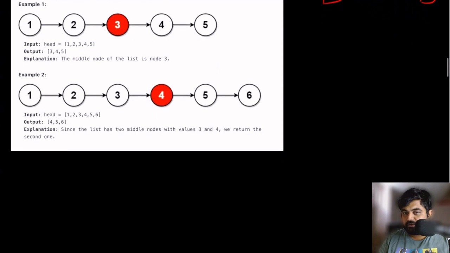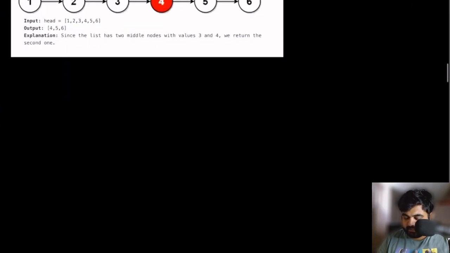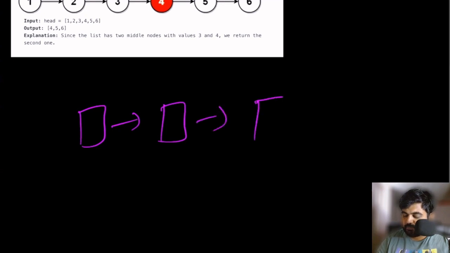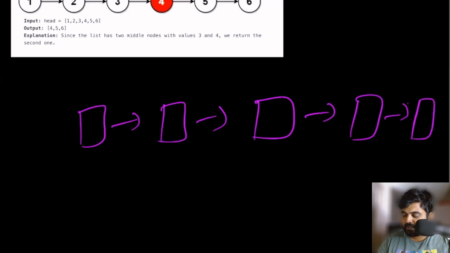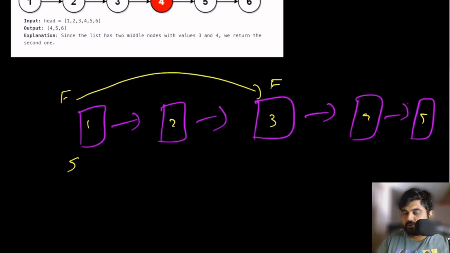But the trick, you already know what we are going to use: suppose we are given any singly linked list, we are going to use two pointers, one the fast pointer and the second the slow pointer. In this case, I'm taking a five element linked list, and let me mark it as 1 2 3 4 5. If we use fast and slow pointer, this is going to be the fast pointer, this is going to be the slow pointer. The fast pointer is going to make 2 jumps at a time, so it is going to end up over here after the first iteration, meanwhile the slow pointer is going to end up over here.